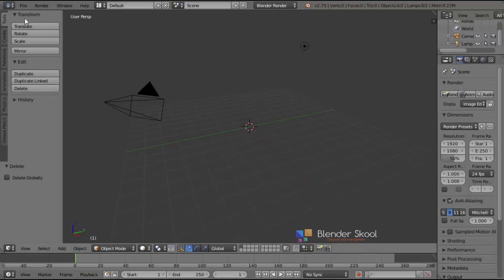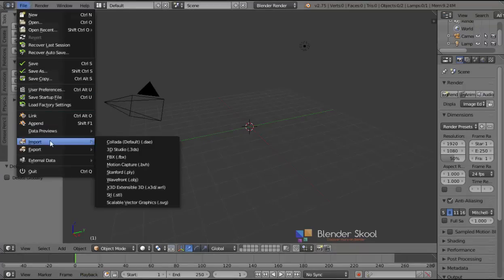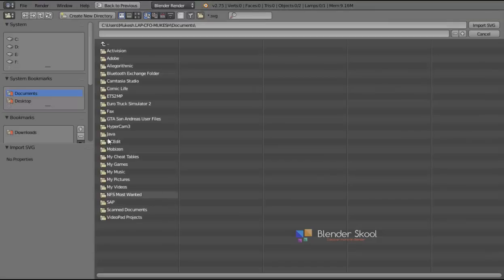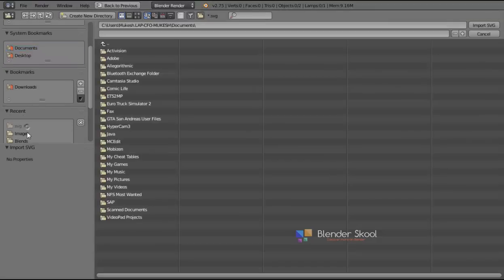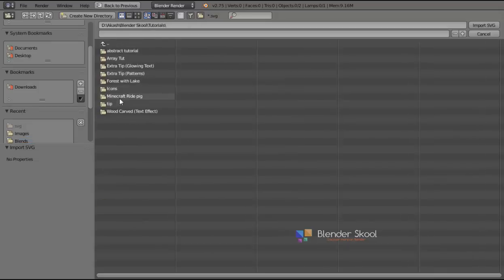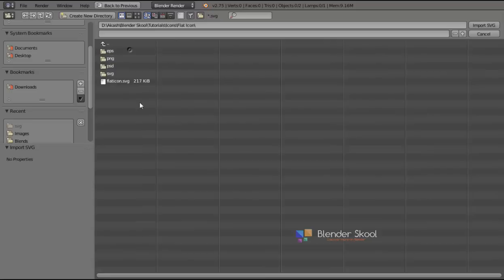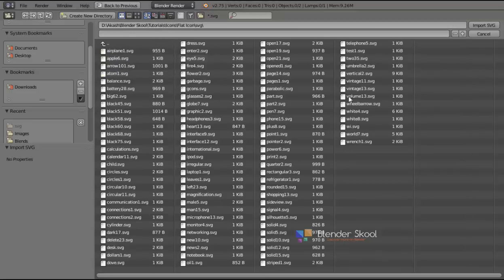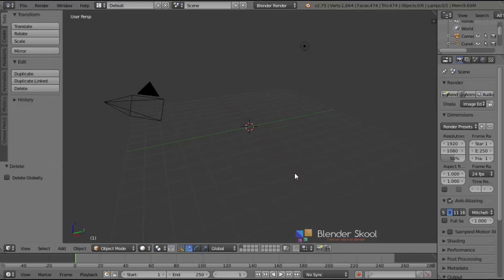Now click on File, Import, Scalable Vector Graphics (.svg). Now open the folder where you have all the SVG icons saved, and then SVG. Over here you can find the striped one or whichever icon you are using. I'm going to use this one and click on Import SVG. We imported the icon, but where is it? Well, it's very small. If we zoom in,